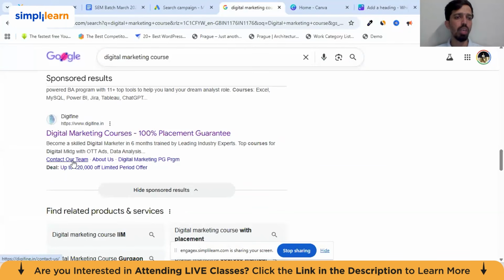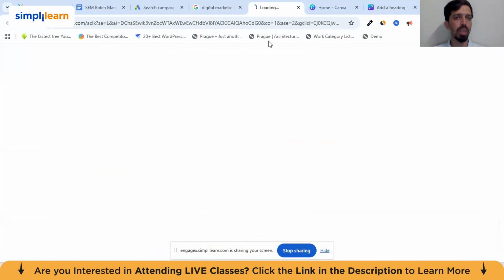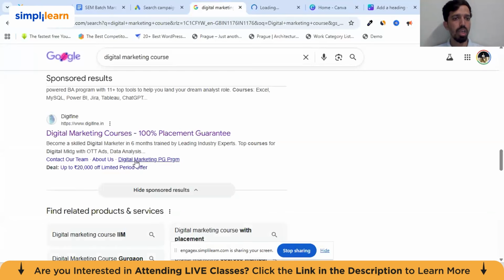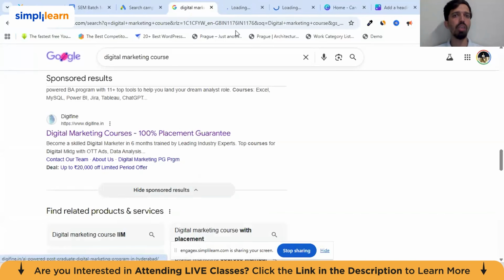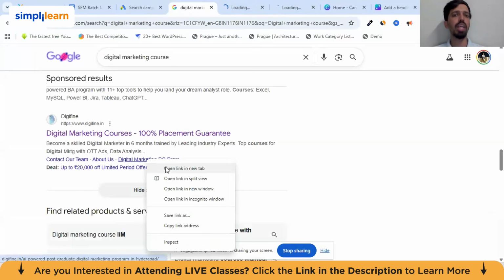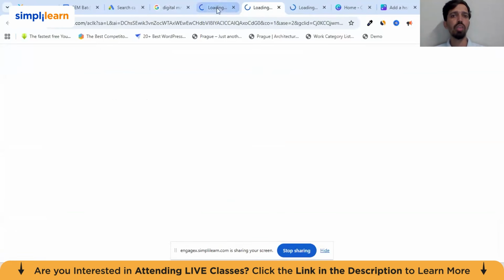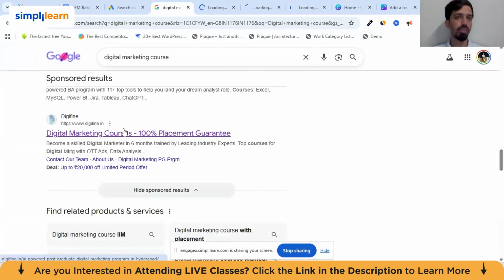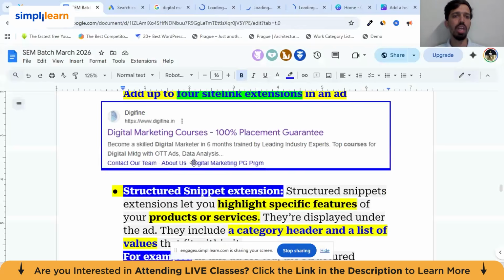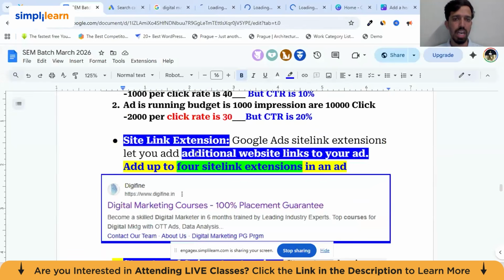But here, if I am clicking, you can see it is redirecting me to some other page. Here, if I am clicking, it is redirecting to another page. So there are 3 links that are being added. These are your additional links. The main one is this, but it's redirecting to 3 other pages also. So those additional website links added within your website are nothing but